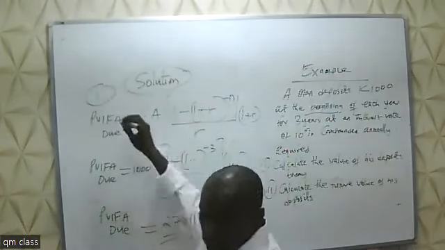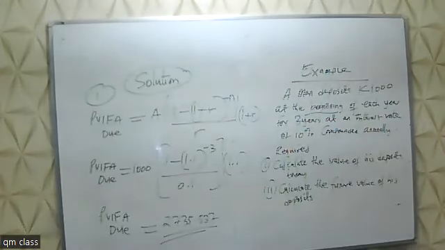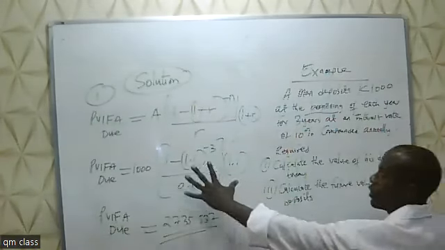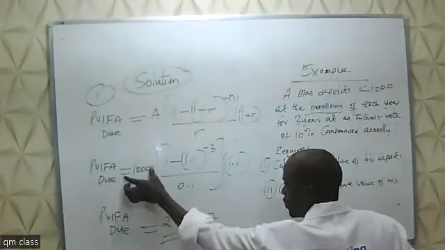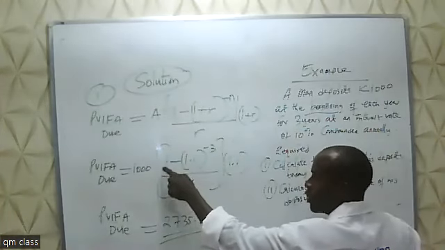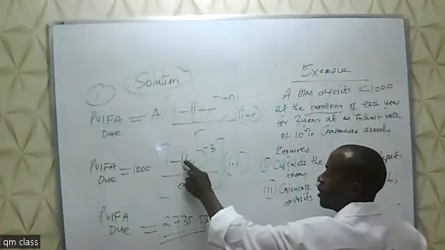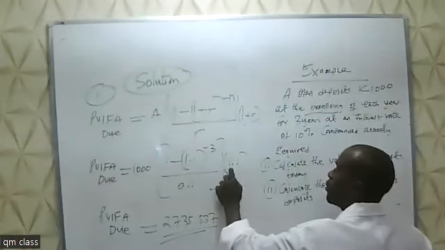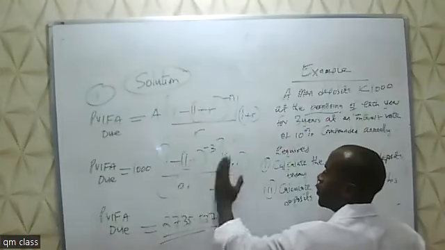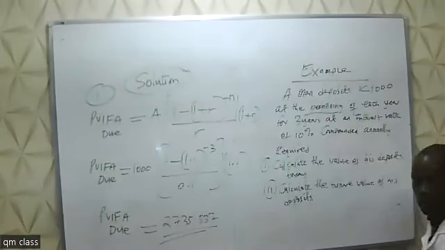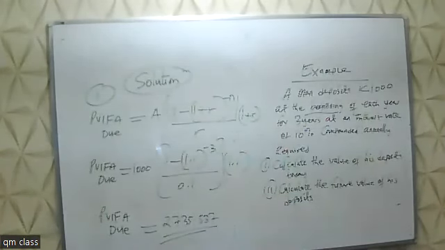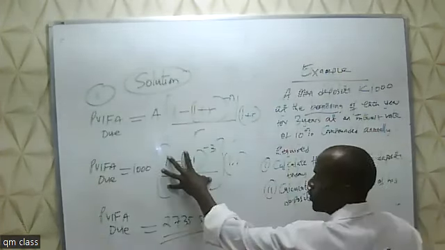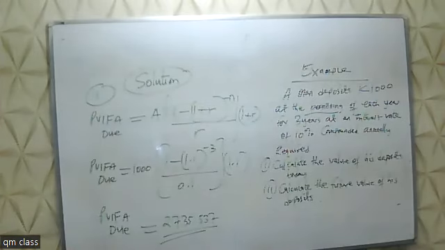In your own time, try to see how that figure came about. You start dismantling. The amount should be the last thing to consider. You start with this one directly: open bracket 1 minus open bracket 1.1 to the negative 3, divide by 0.1, then multiply by 1.1. Whatever figure you get here, that's when you multiply by the amount as the last figure. Then you get the value.